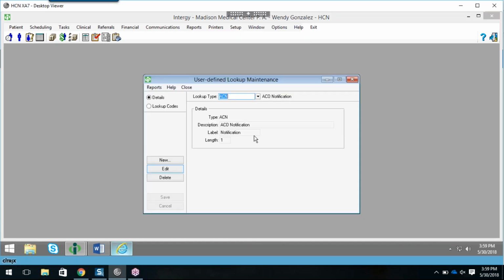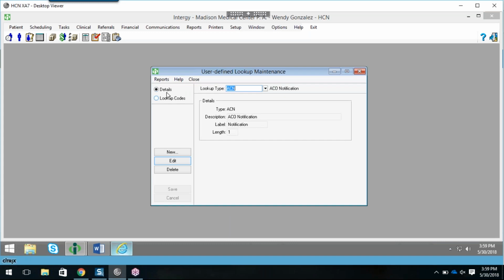Underneath User Defined, the first thing I'm going to do in the Details radio button is create the name of the list. So if I want to create a list for Discharge Records, then my lookup can actually be called Discharge Records, as we did in training. Okay, so that's the first thing you're going to do in Details here, is create new and create the name